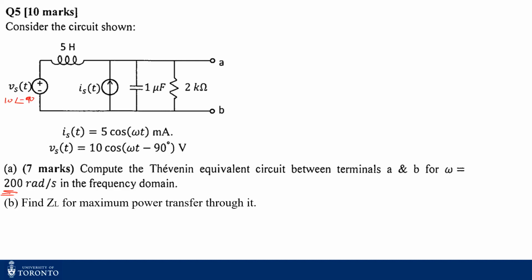This one is 5 angle 0 milliamperes. Now, what's my ZL? The reactance for 5 henries is just j omega L. So in this case, it's just j times 200 times 5,